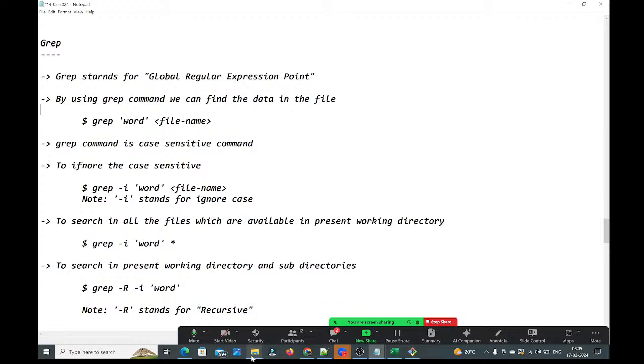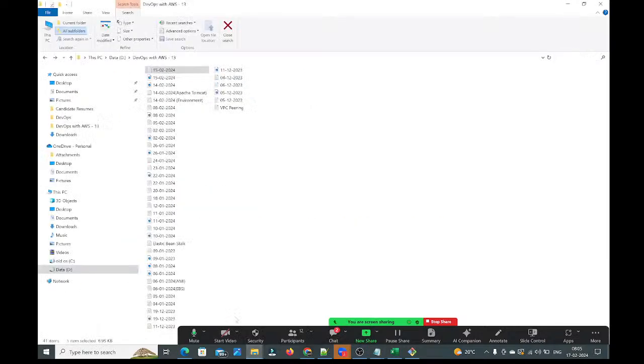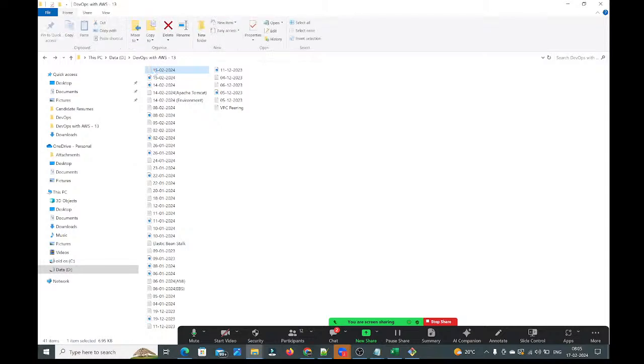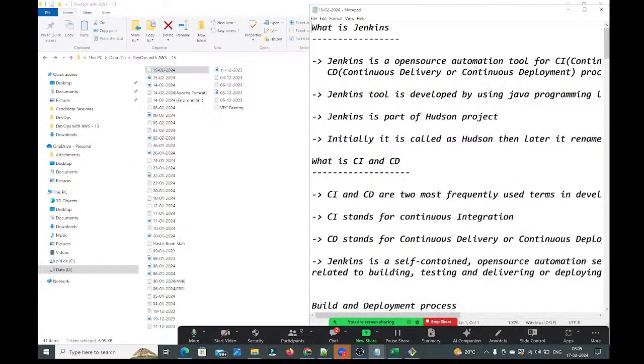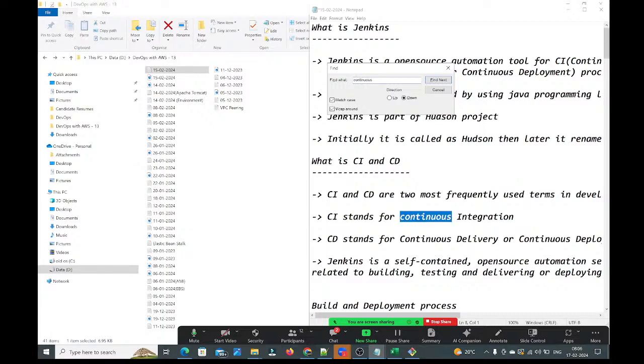If you go to the Windows machine, we have the user interface. Open this file, and if you want to search for the word "continuous", press Ctrl+F and give the word you are searching for. See, here I am searching for "continuous", press Enter, and you will get that word here. In Windows we have this user interface to search for a word in a file, but coming to Linux,